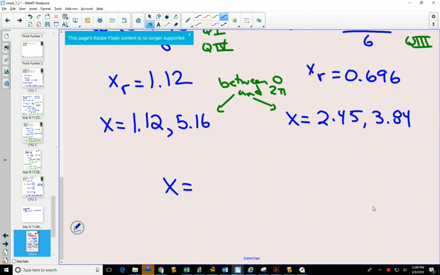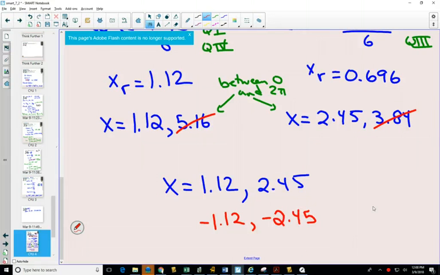So our answers in quadrant 1 and 2, 1.12 and 2.45, are going to be fine. But our answers in quadrant 3 and quadrant 4 have to change. This one was in quadrant 4. It's coterminal with negative 1.12. This one is in quadrant 3. It's coterminal with